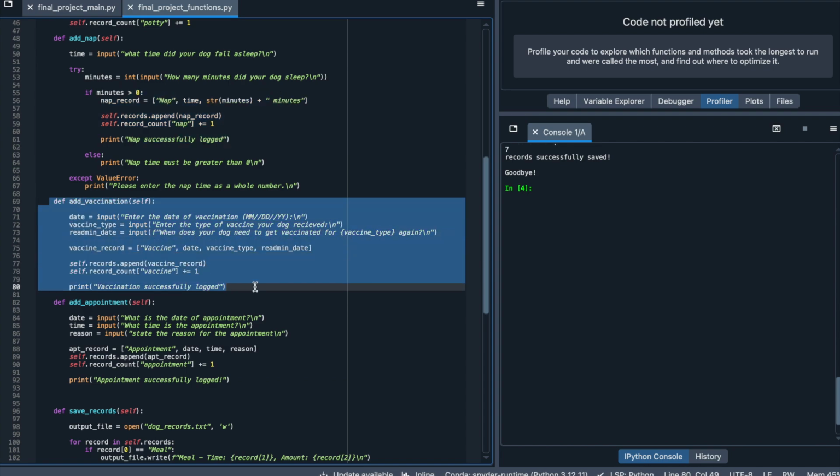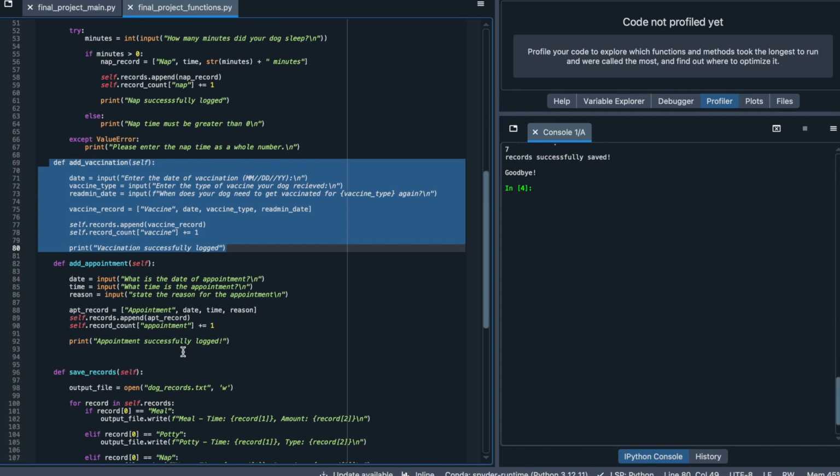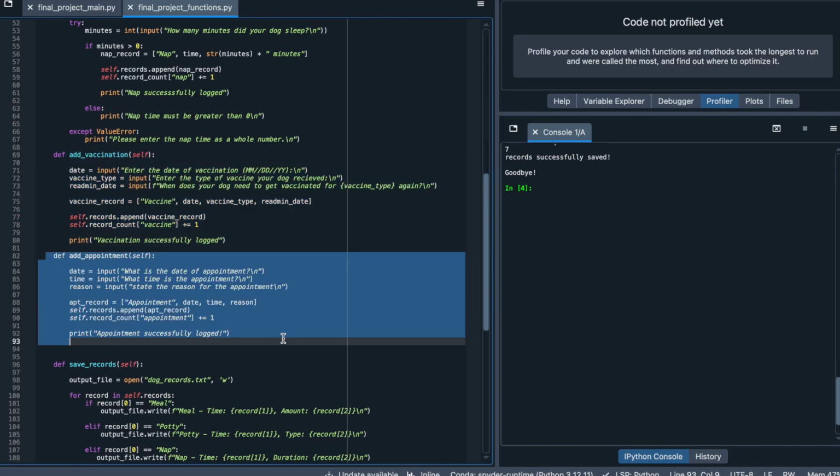So the vaccination method asks the user for vaccination date, type, and when the dog needs the vaccine again. And those values are stored in another smaller list and appended to self records, and then the count is increased again. The appointment method, this one also asks for date and the time, as well as the reason for the appointment. So it's going to create the record, add it to or append it to records list, and then increase the